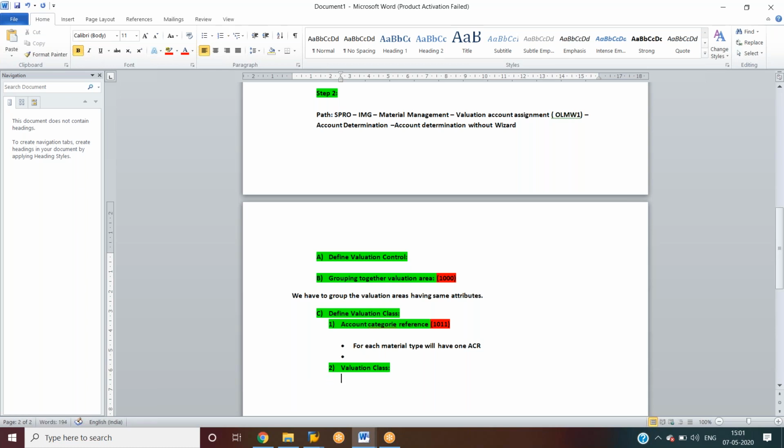Valuation class will group the materials which have the same account determination.